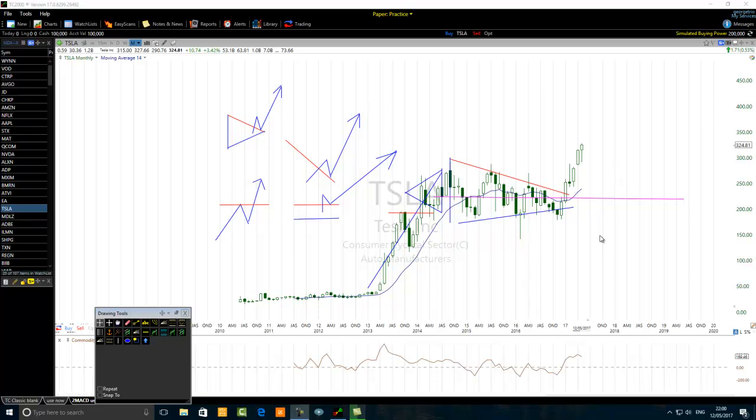Same thing when we are swing trading. We want to check the market environment. Is the market volatile? Is the market bearish? Is the market bullish? When we are talking about the market, we are talking about the S&P 500. One of the mistakes that a swing trader makes is not checking the market environment. Very, very important.